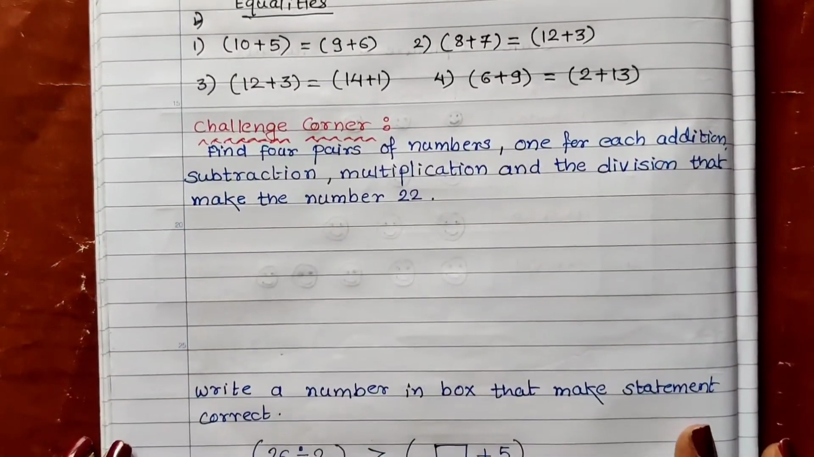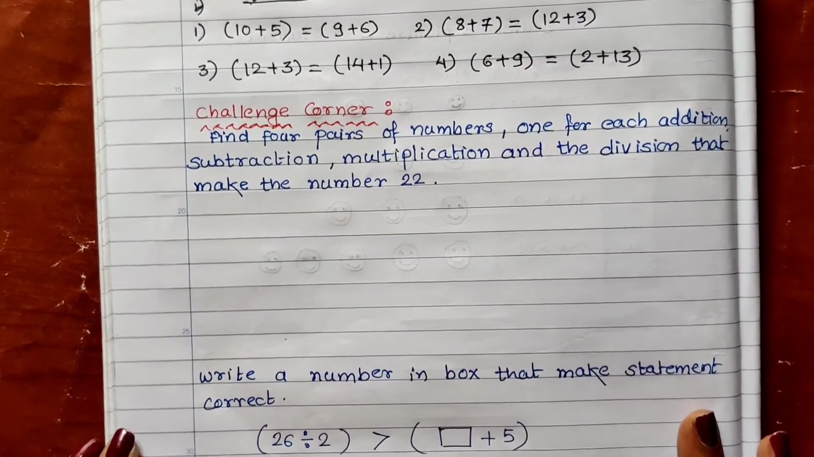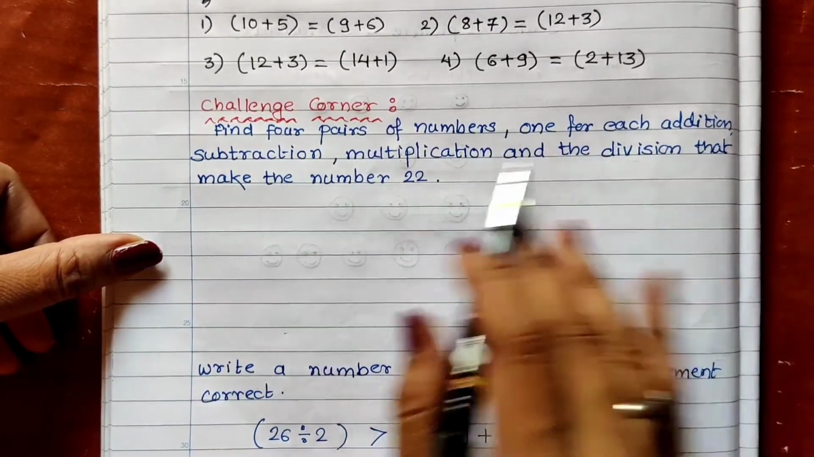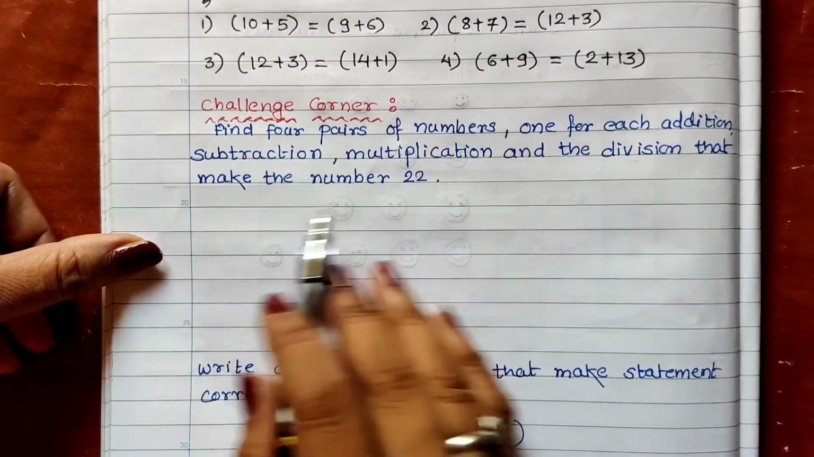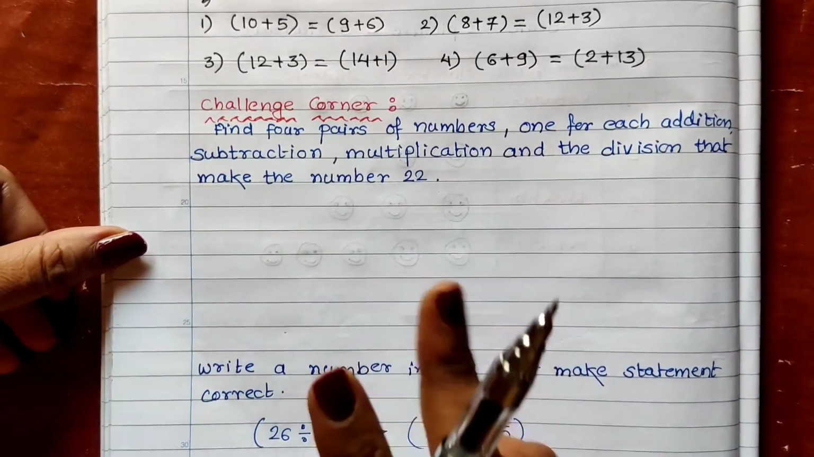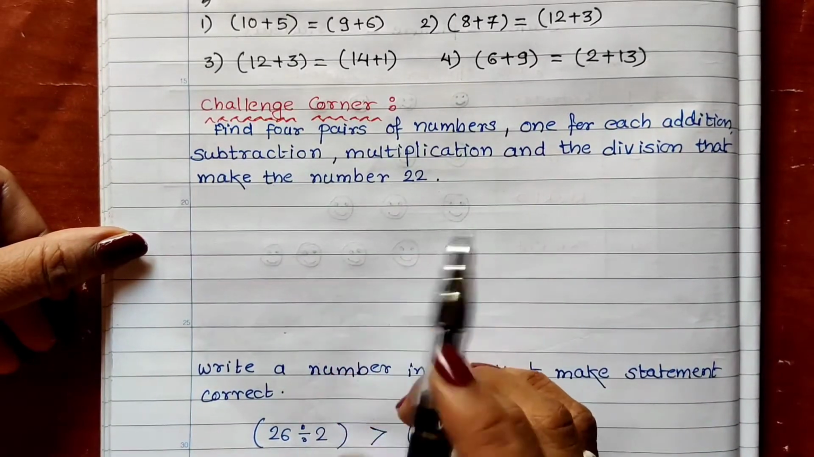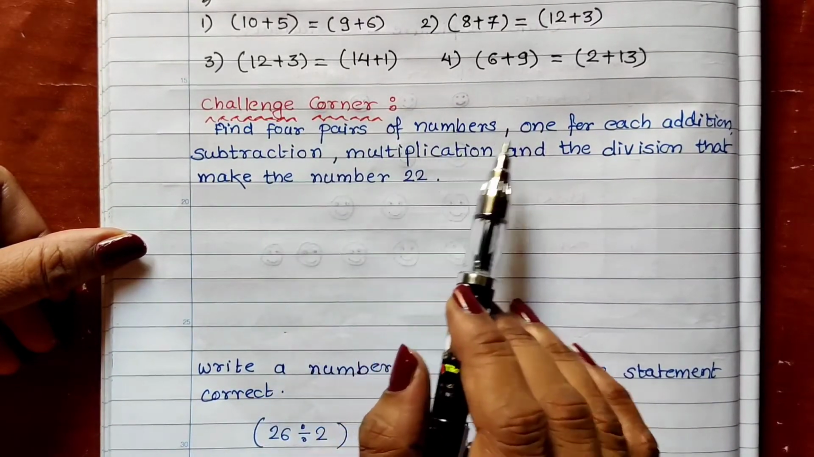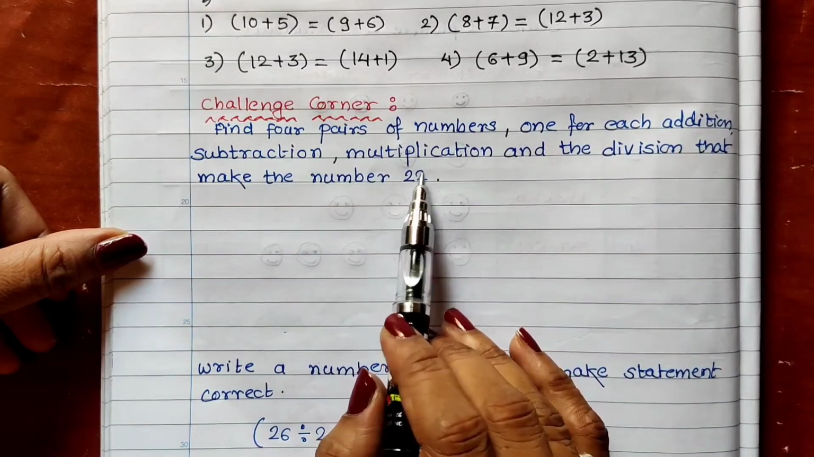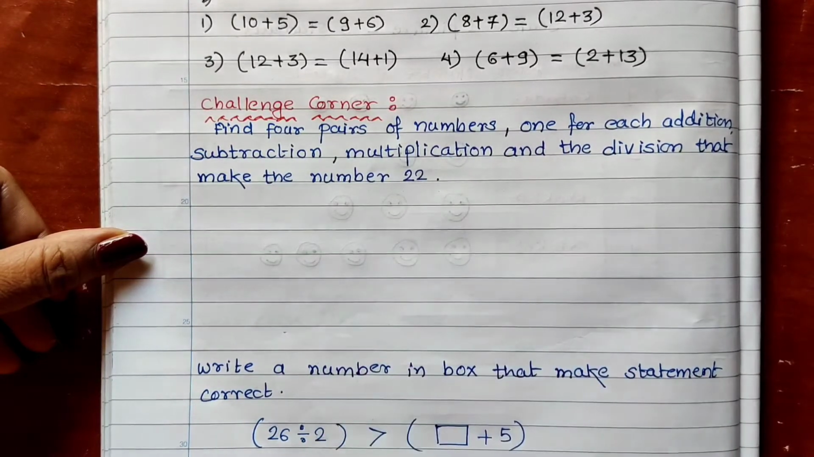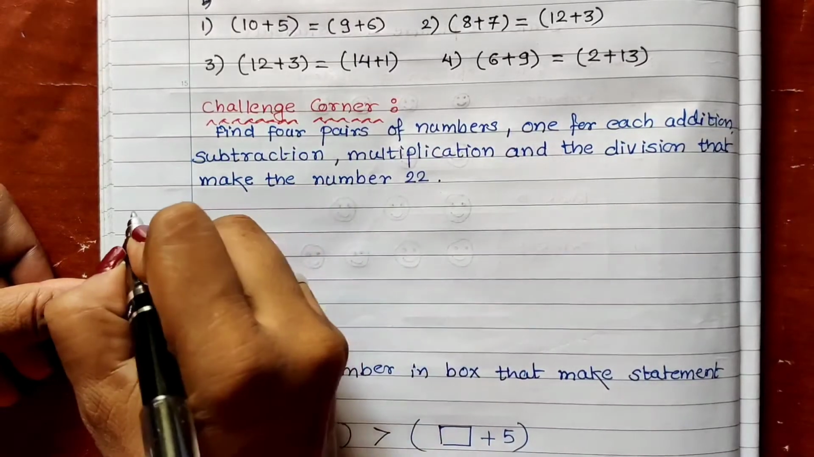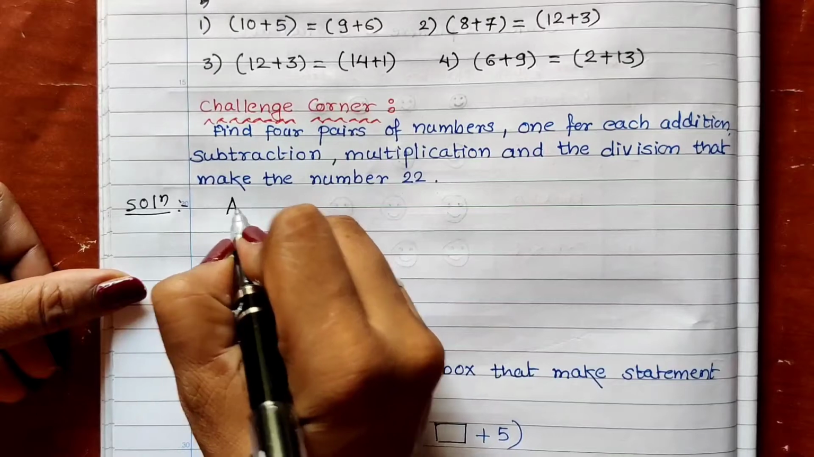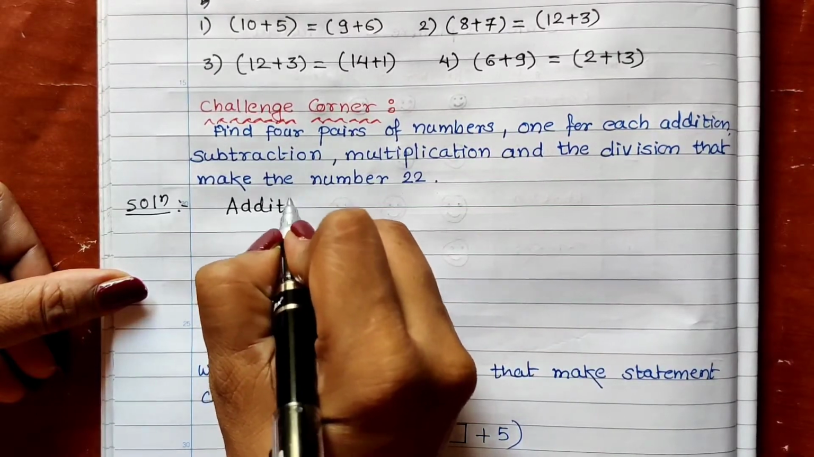Now in challenging corner, what we have: find 4 pairs of numbers, one for each of addition, subtraction, multiplication and division, that make the number 22. We have to make 4 pairs whose answer of subtraction should be 22, answer of addition should be 22, answer of multiplication should be 22, answer of division should be 22. So let us do it. In the solution, first we do the addition of 2 numbers. The answer should be